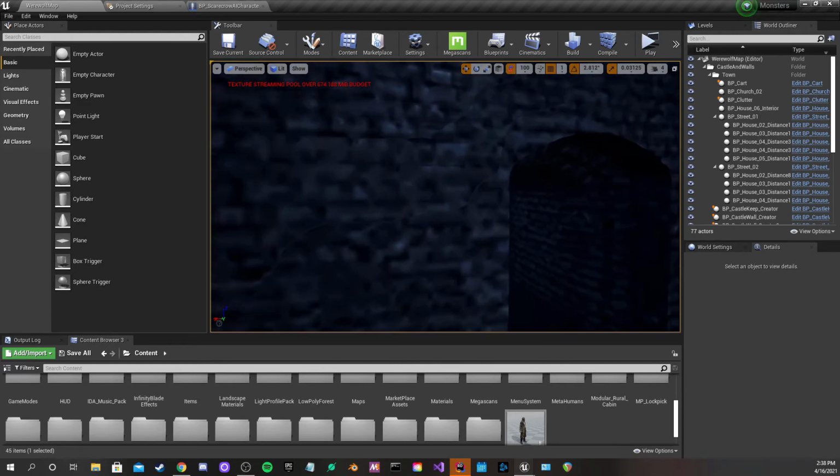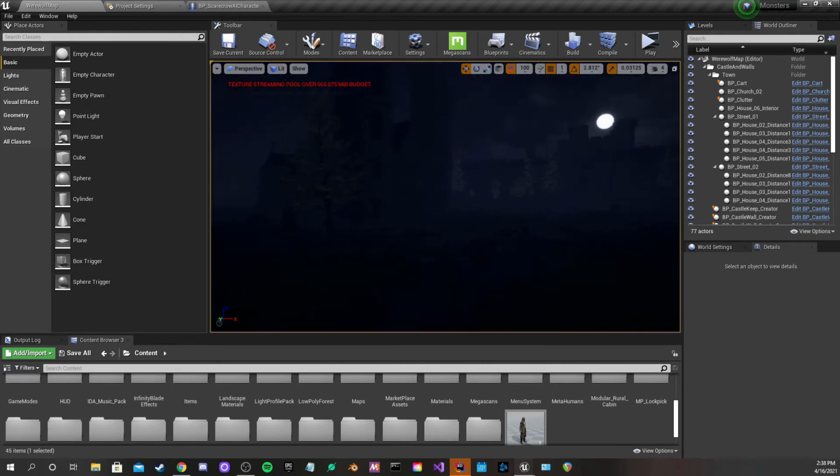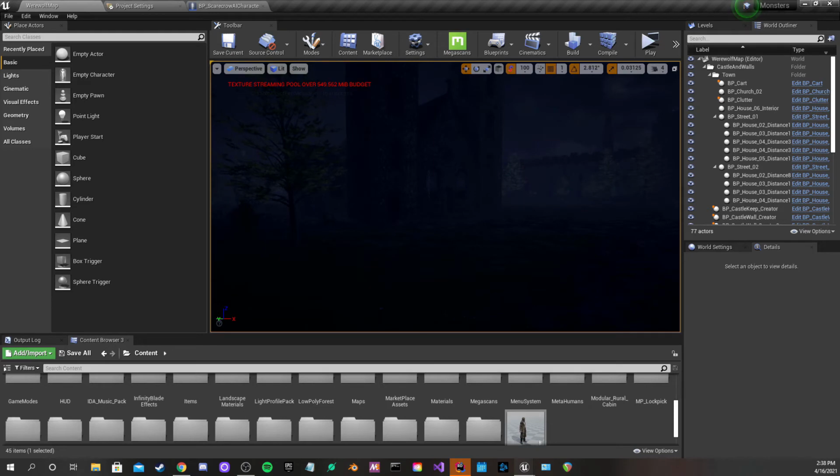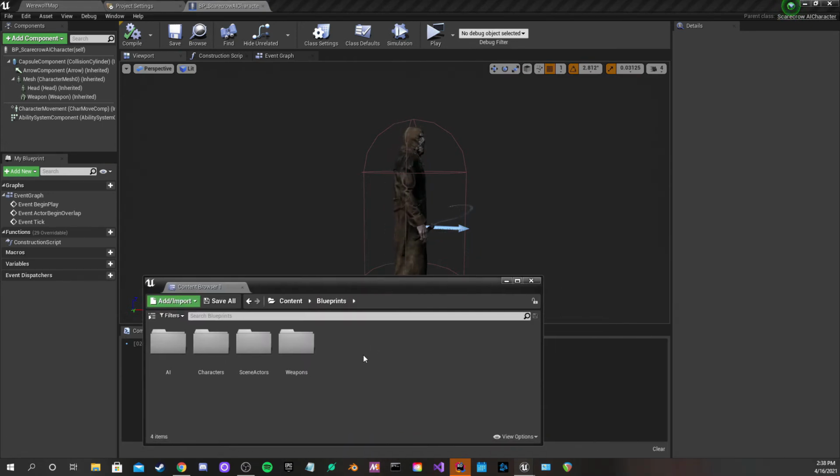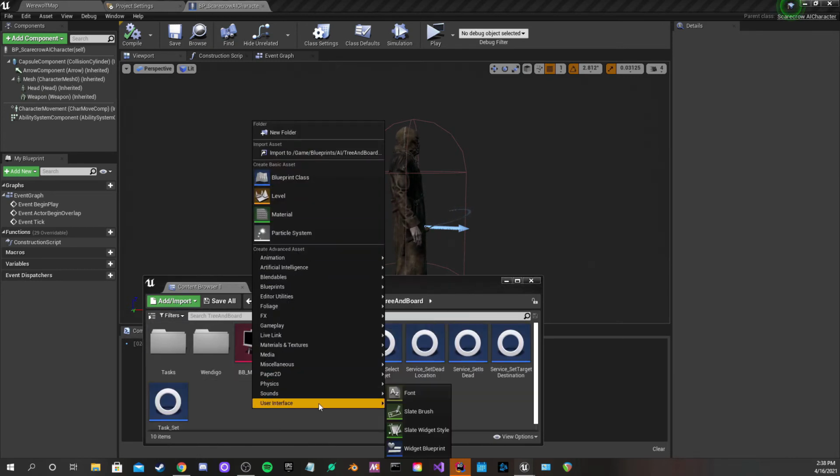Now my textures look like crap. It's because the streaming pool's over. I just have to close out and open it back up, but I'm going to actually have to increase the texture streaming pool size. I just don't want to do that yet. But yeah, we're going to have to create a new